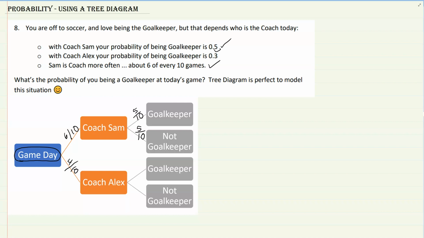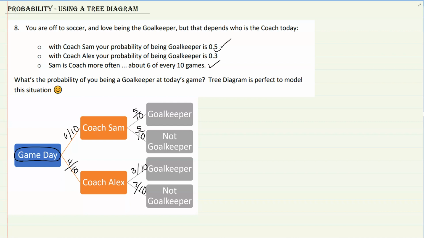the probability of you being in goal when Alex is coaching is 0.3, which is 3 out of 10. That means not being in goal would be 7 out of 10. Now, the question is asking, if you show up at this game today,